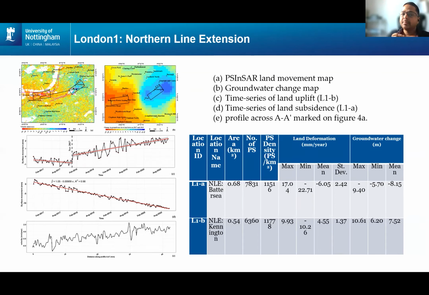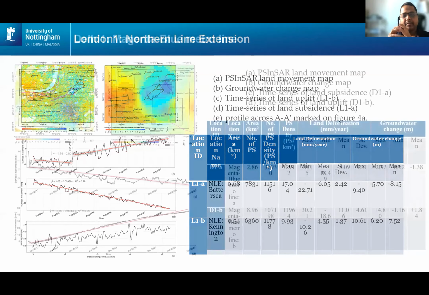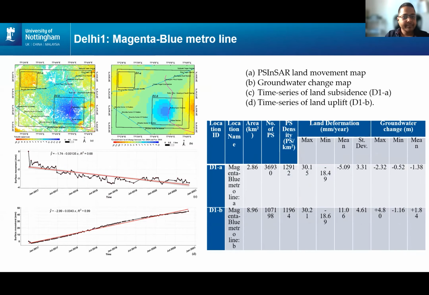Of course, there are many other factors which can affect land subsidence, but some factors are dominant in some areas, and we are only interested in this study about groundwater and how this groundwater can cause subsidence. So a similar pattern we have been able to map in Delhi, where this is a magenta, blue line metro construction. So if we see this area D1B, we can see it is sandwiched between the blue line metro,